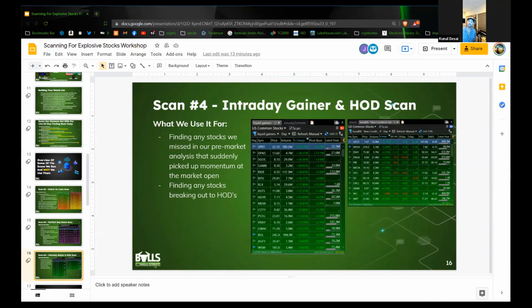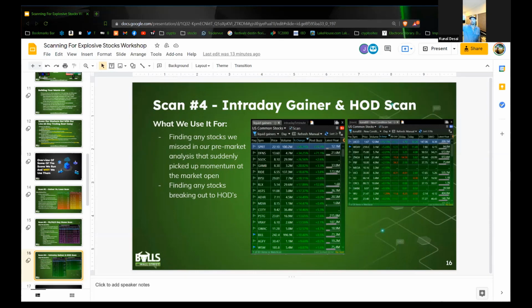I use a high of day scan. When I have specific stocks on my watch list, I put filters in so that I get alerts when they start to move. So maybe I build out a watch list at night, say 20 names. Then I apply a secondary filter to those names,